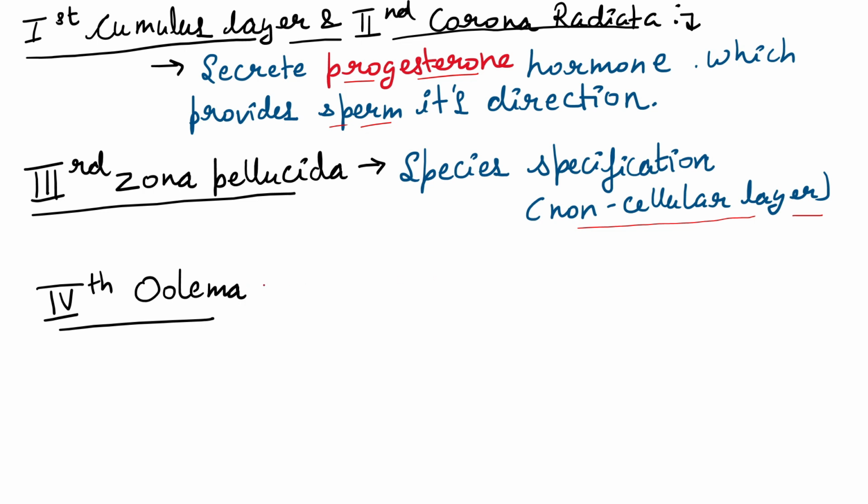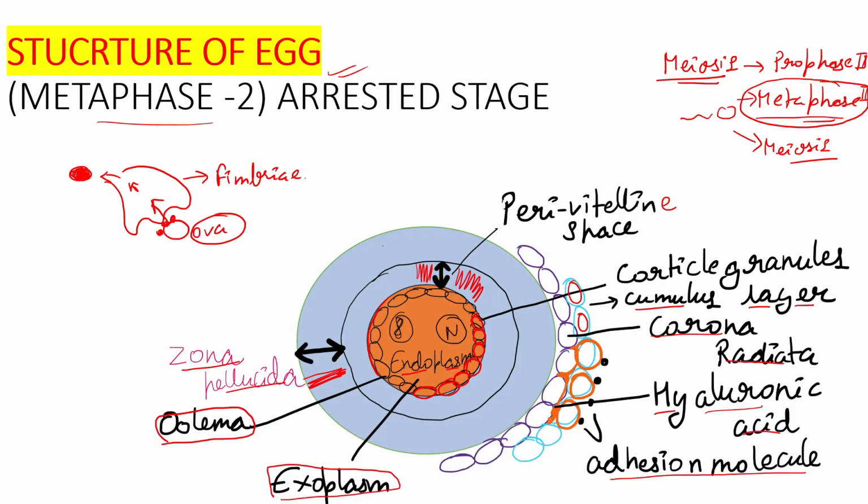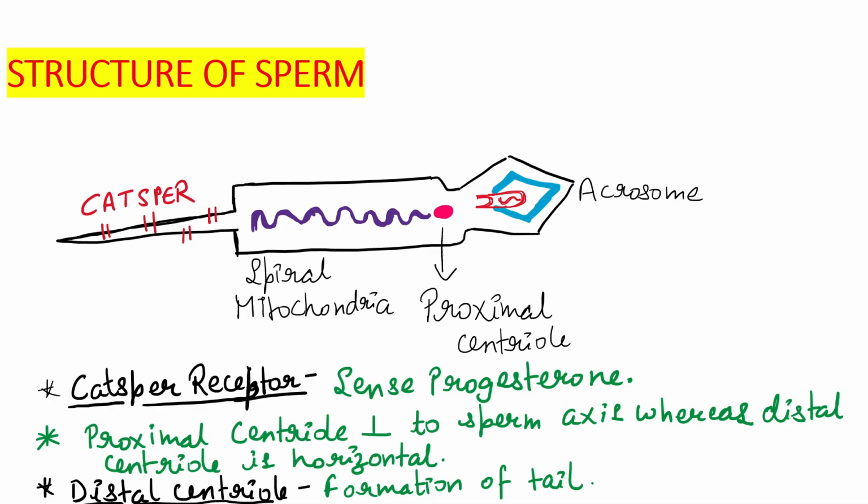And the fourth layer, that is innermost, it is known as oolemma. So I think all these layers and all about this egg structure is clear to you all. Now moving further, structure of a sperm. So structure of a sperm, the head is made up of acrosome which releases chemicals, that is acrosin